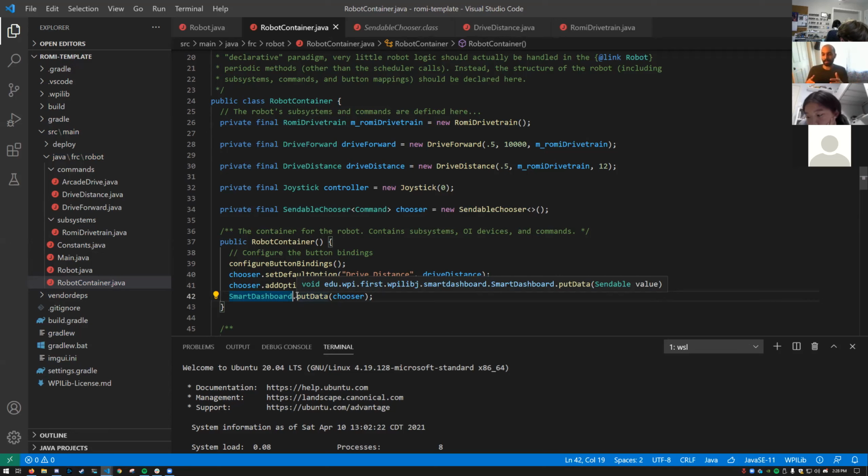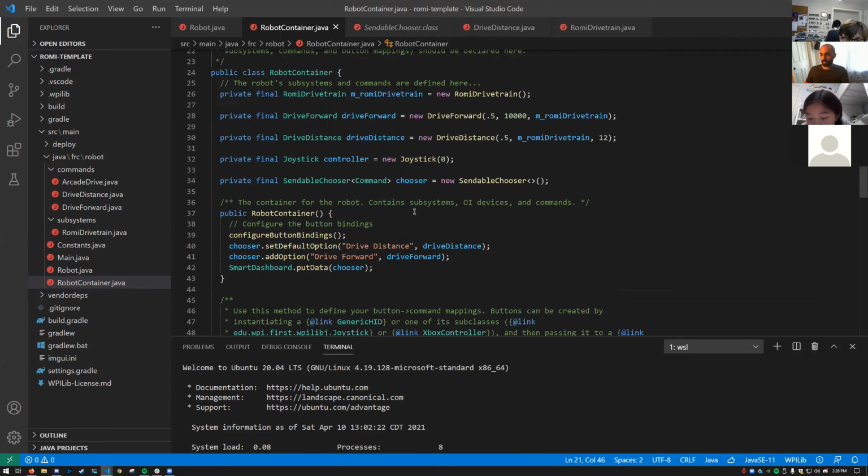So it's static because there's only one instance of it and it's a global instance. So that's why we just referenced the class name .putData instead of creating an object for it. All right. So now we can go ahead and